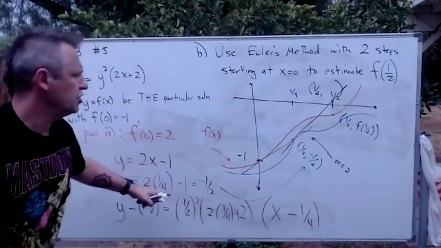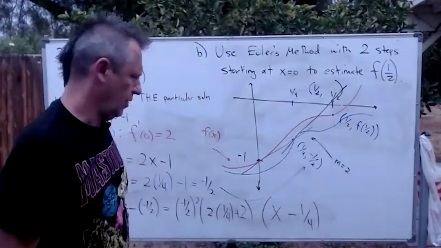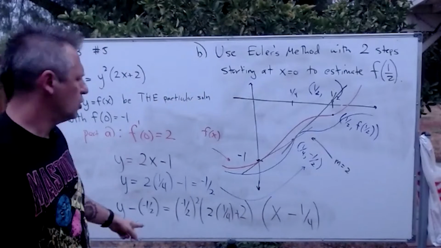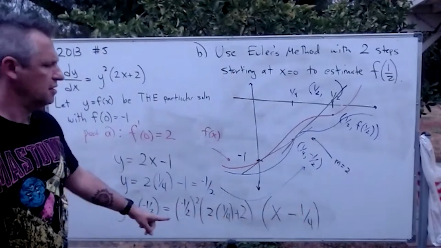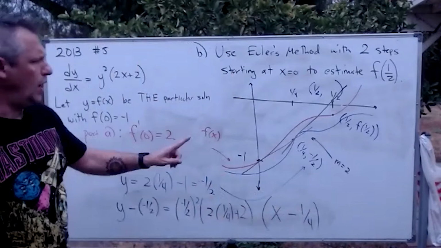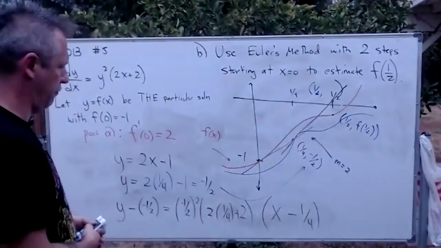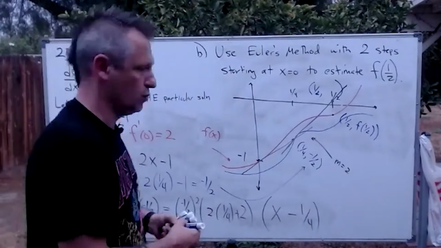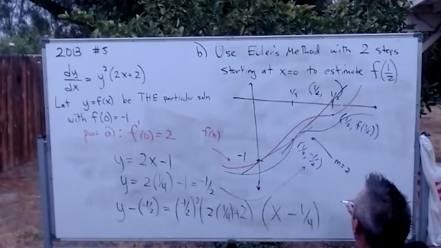This is the equation of that second tangent line right now. And what do we want to know? We want to know what is the y coordinate on this line when x now equals 1/2. So we're simply going to plug 1/2 into this, and this will give us our estimate. So f of 1/2,